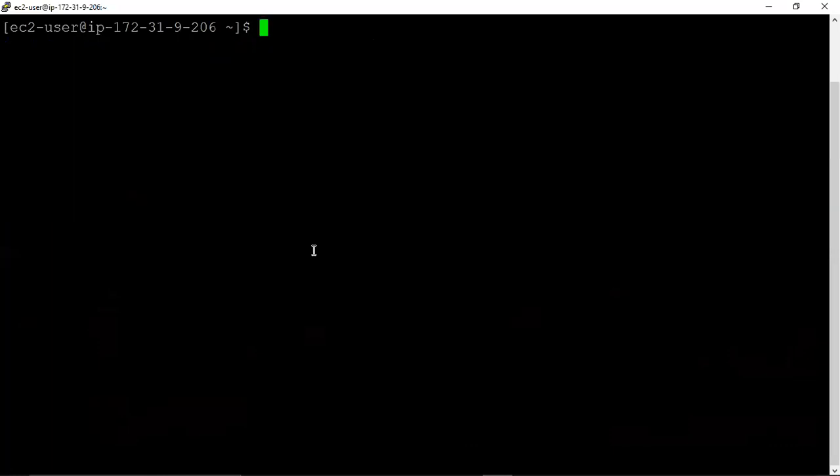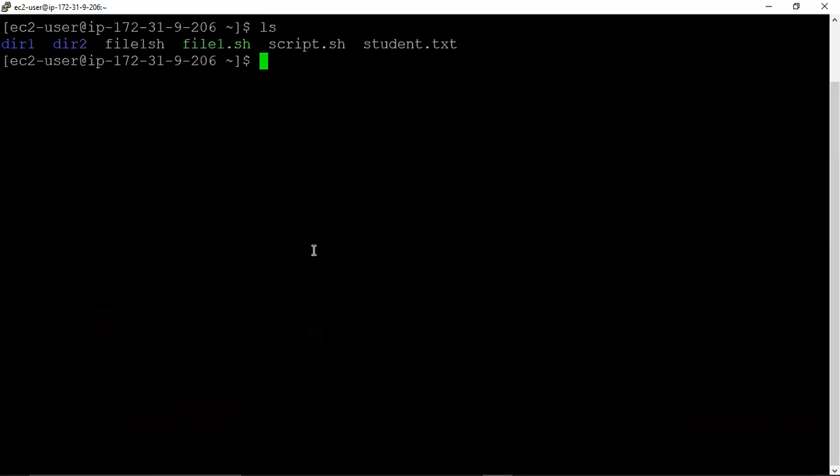Now, yesterday we made one scripting file, a bash file. See, this was the file, file1.sh. Now we first discuss the concept of variable again, so that we can differentiate variable and read user input. There is a very small difference between them.